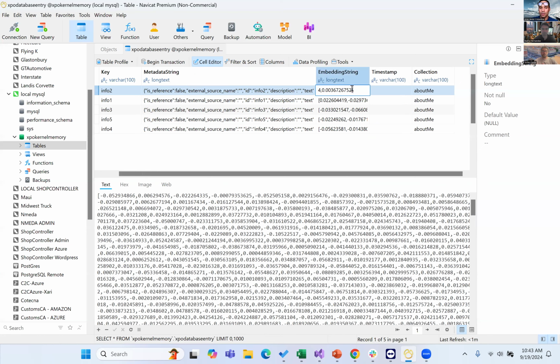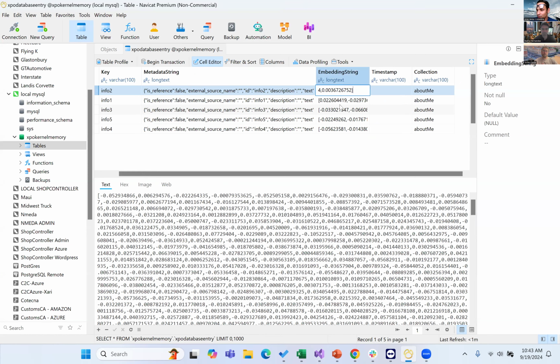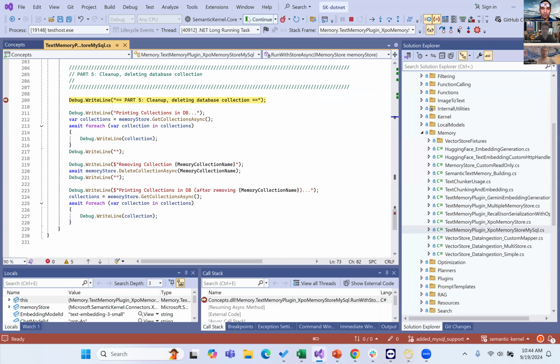And then you can take a look, of course, at the embedding that is just a lot of random float numbers that the AI will know and will understand to actually grab information about that. Because remember, we send our prompt with our embeddings, everything together, so the AI has some context of what you're asking and can actually give you the best information. So with just that, we continue our test